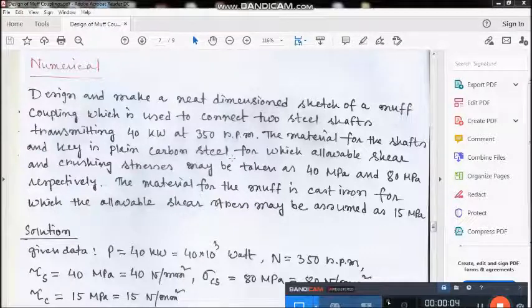Now your topic is muff coupling. We will learn how to design the muff coupling. There is a problem given. Make a neat dimensioned sketch of a muff coupling which is used to connect two steel shafts transmitting 40 kilowatt at 350 rpm. So from this first line of this problem